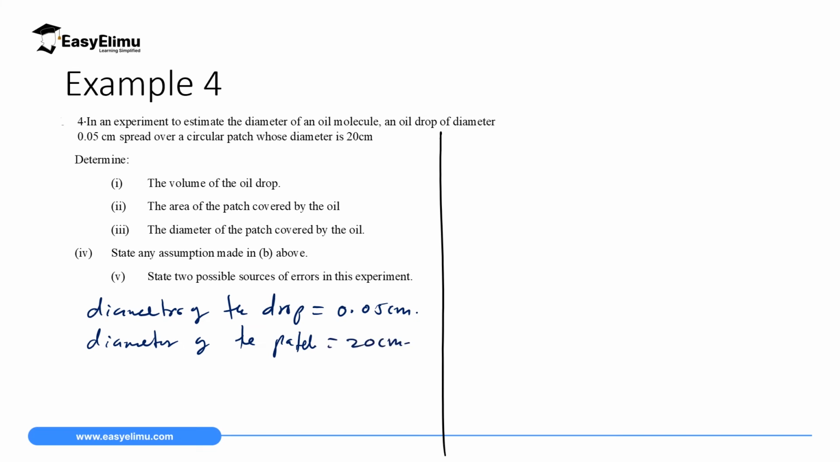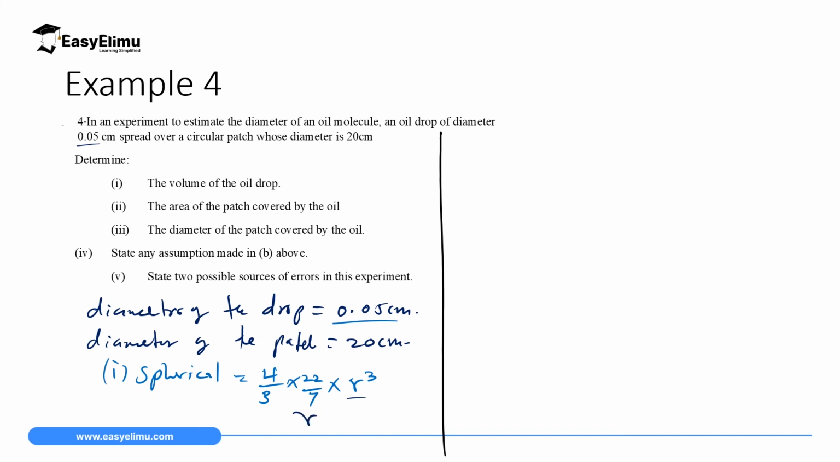Then now, if we start with question 1, can we calculate the volume of the oil drop? Remember the drop is spherical. If the drop is spherical, then the volume is 4/3 times 22/7 times radius cubed. And if we substitute, we have the diameter as 0.05. Therefore, the radius of that one will be 0.00